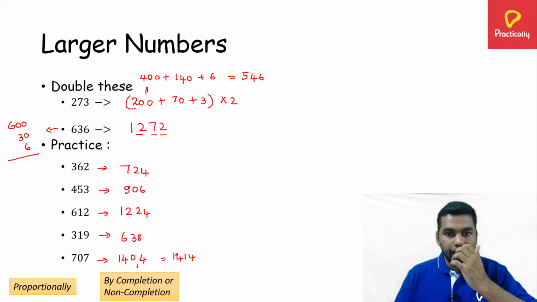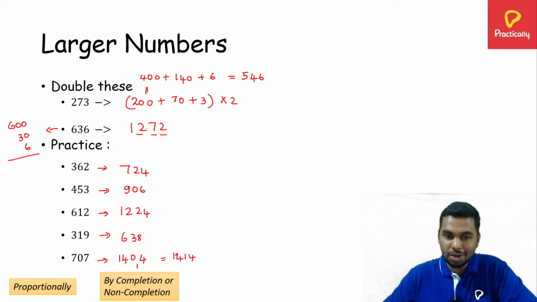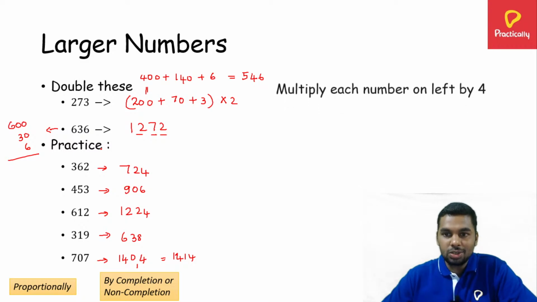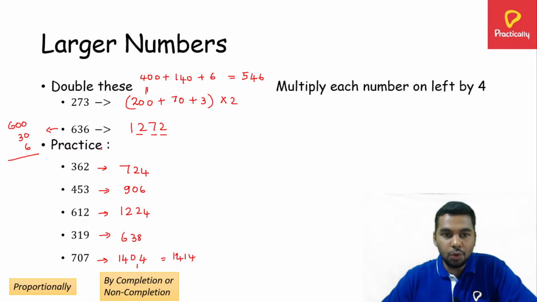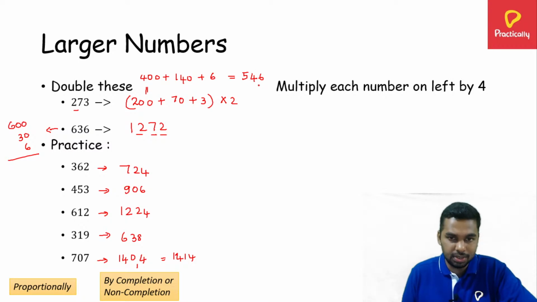All right. Now suppose you want to create a movie with 4 roles, the same person repeating 4 roles. In that case, we'll have to multiply by 4, right? So what is the easiest method? You first double, then double it again. So you have to start with this number and multiply by 4. But we have already done the doubling operation. So let us do this. What is the double of 273? It is nothing but 546. Now you have to compute just the double of 546. It's convenient, right? So double of 46 is 92. Double of 500 is 1000. So this is